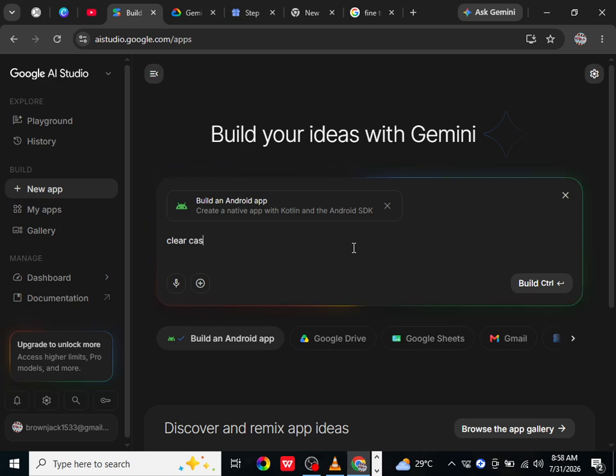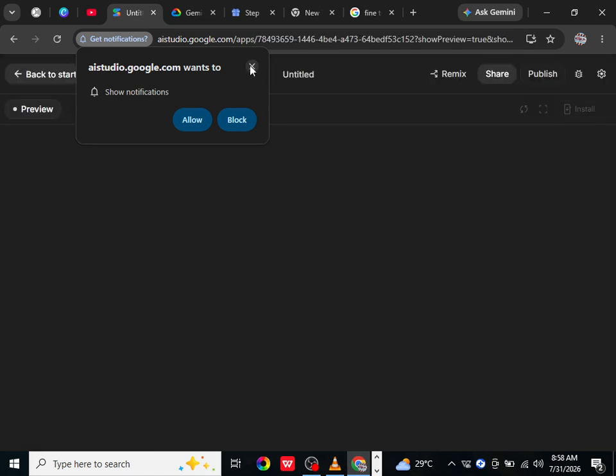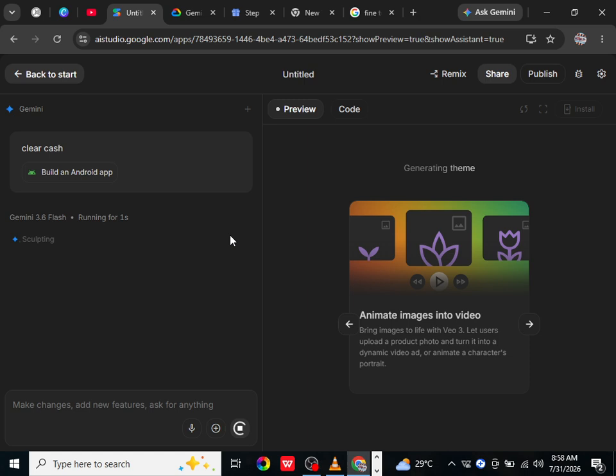Now test your chatbot by asking different questions. Try simple and complex prompts to see how it responds. If the answers aren't exactly what you want, refine your instructions, add more context, or adjust your prompts until the